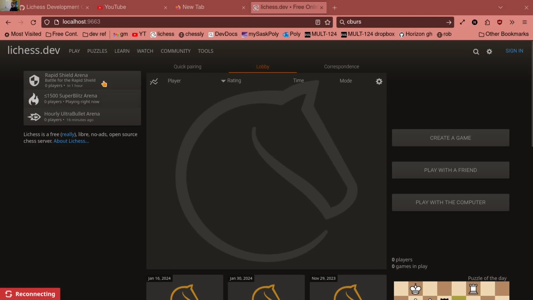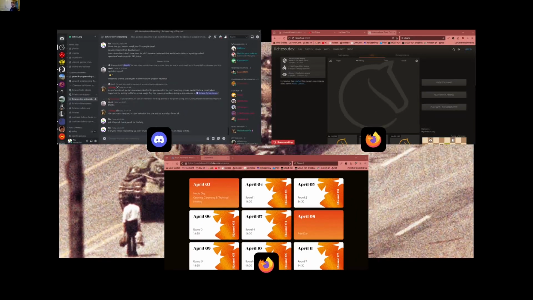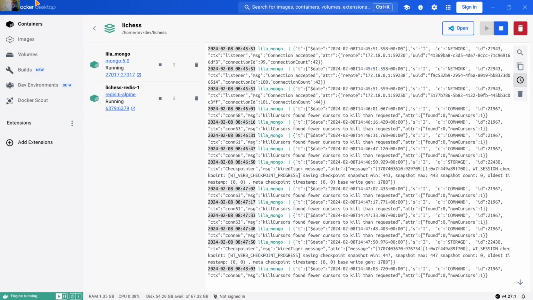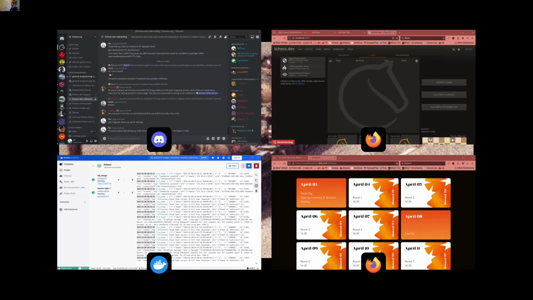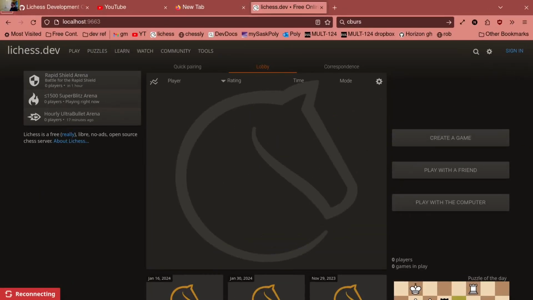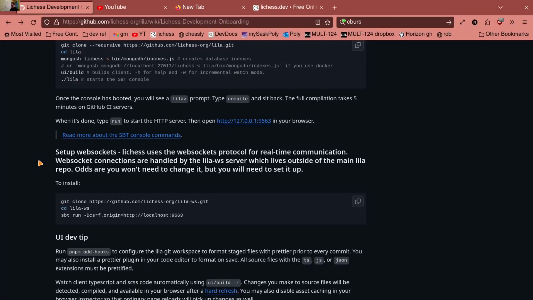Fedora. So I'm not gonna redo it all over because I'm lazy, but here's how I did it anyways. So you go to Docker Desktop. I just installed Docker Desktop. You can do it from the command line if you're a masochist. And then you need to go over to Lichess Development, and you need to